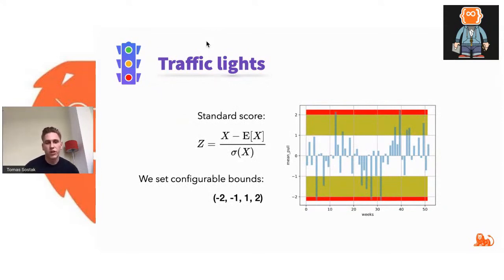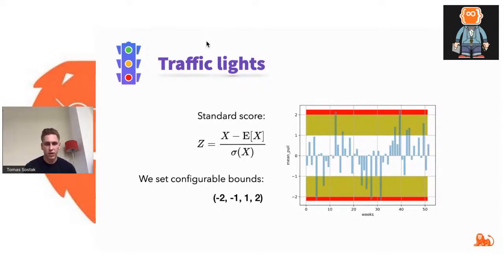So basically, you can define those traffic lights in a more static way. So let's say if data for some feature falls into a range of, for example, between 10 and 100, you alert and you want to check the data. But we also thought that when we have a lot of features, it's a bit hectic to define these static traffic light bounds for each of the features, and especially if there is a population shift, so data is changing over time. Maybe you want your data to be allowed to shift a little bit, depending on your reference data. And so we came up with a more dynamic